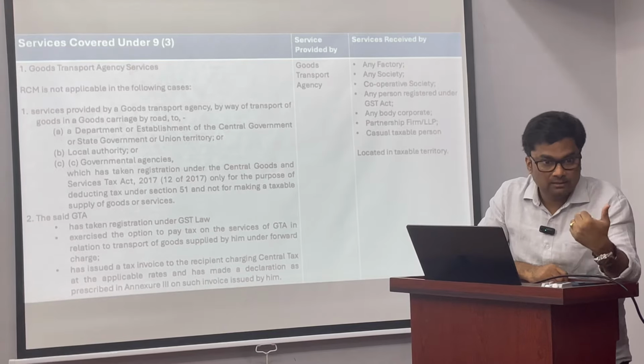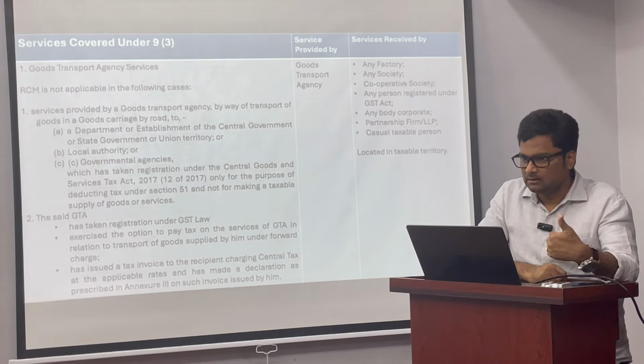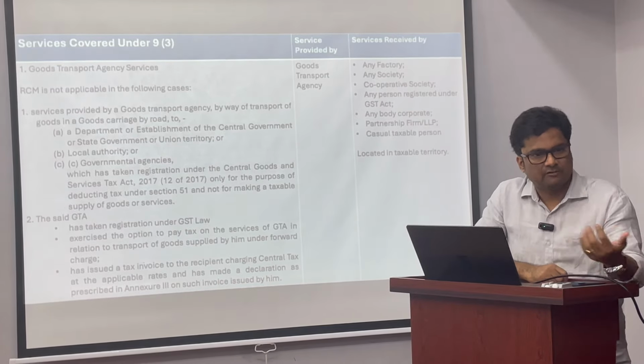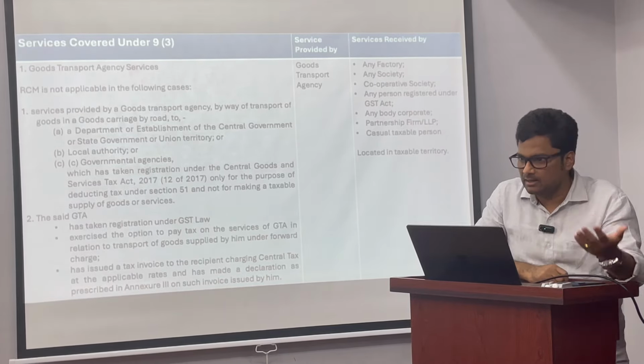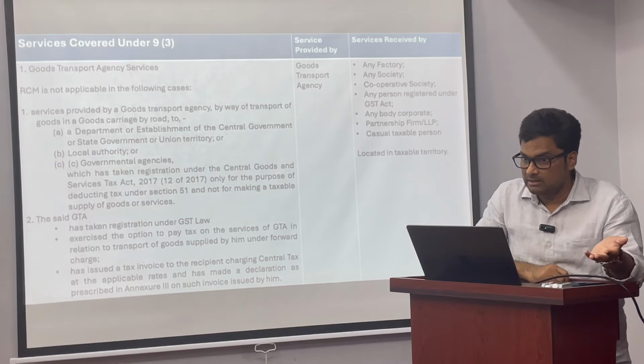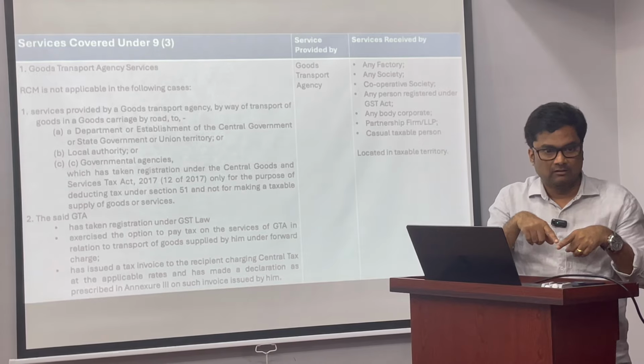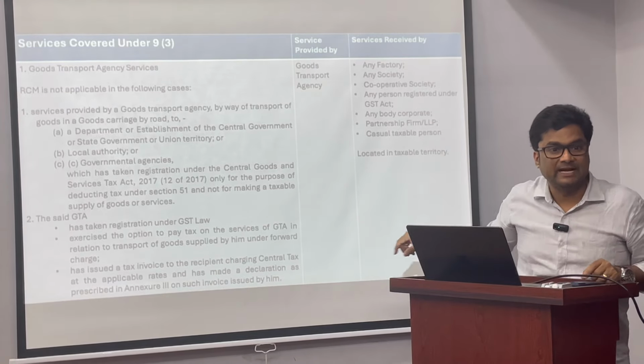But they must be buying. They must be buying goods, no? They must be buying services, no? So when they are buying goods and services, they must pay. When they must pay, section 51 is applicable. What does 51 say? Deduct tax. For that, they have to take a TDS registration